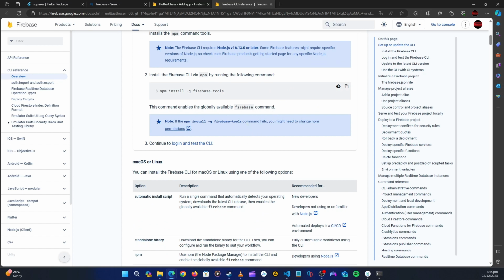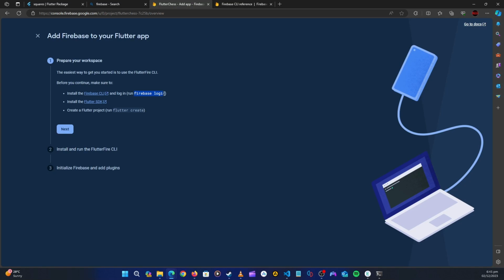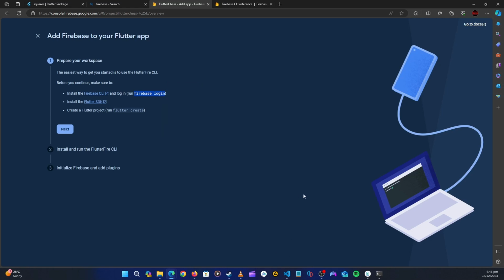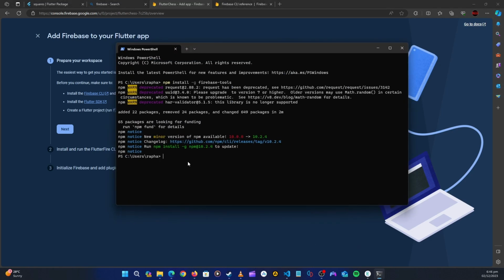Now the next thing to do is what? To log in and test. Even here it says continue to log in and test. Okay, then that's it. If we come back to our application, here it says what? firebase login. That's what it's telling us after we have installed that. So let's copy this, then come back to our shell, and then let's paste that,